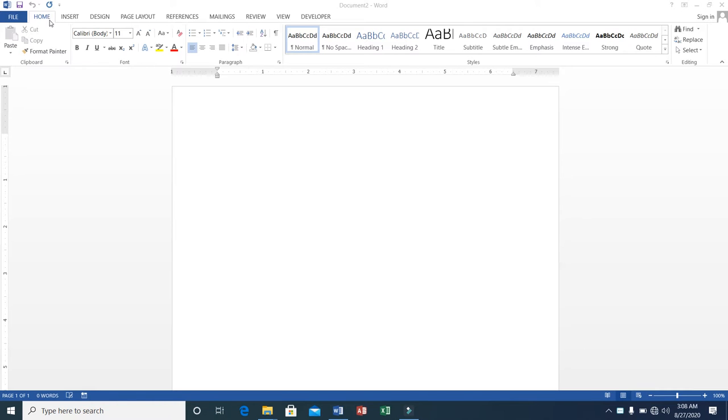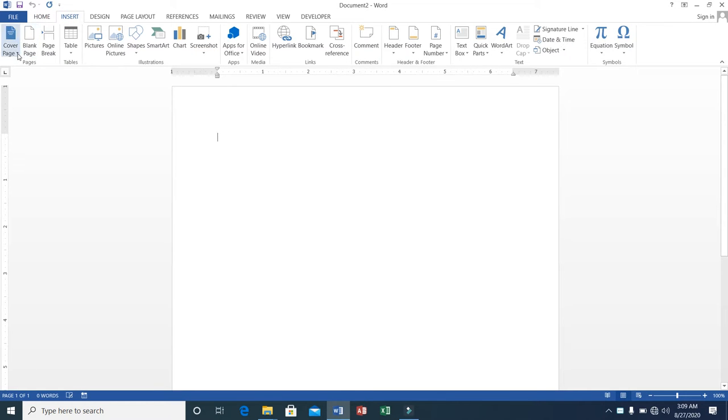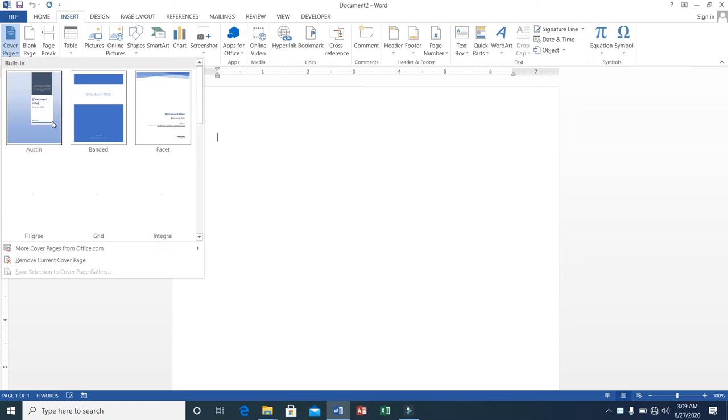We have covered the home tab, all options, in the previous lecture, and today we will cover the insert tab, all options. The first option is cover page. What is a cover page? Cover page is like you have